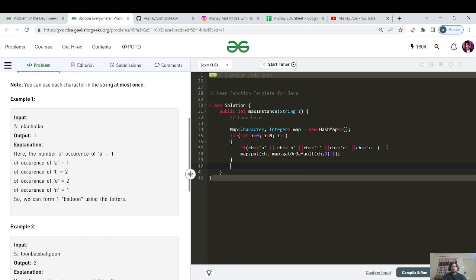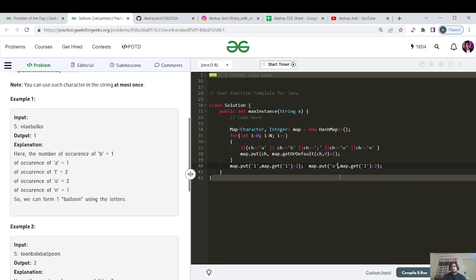Then you have to do map.put, you have to change the values, right? You can either use replace or put. I'm just using the put method again. All these things are O of 1 operations, so never mind. So I will say map.get of, since it's a character, I will mention it in single quotes, and divide by 2, right? The same line of code I will run again for this